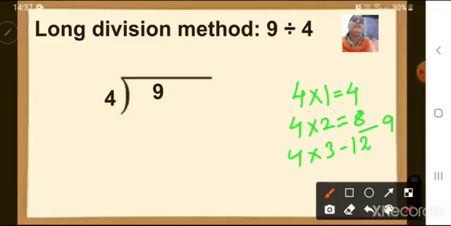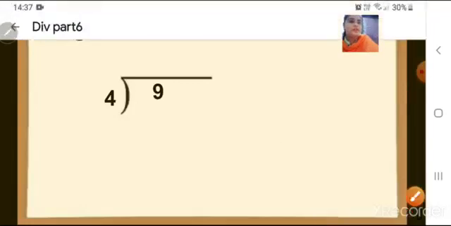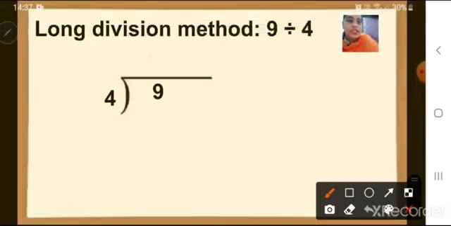So in this case, we have to find a nearby number which is smaller than 9. Not bigger than. It is very important children. Listen carefully. It should be smaller than the dividend, the number 9 here. So which number is smaller than 9? Number 8. So what we will do is take 4 twos are 8. So we will write here 2. 4 twos are 8, and 8 we will write down here.